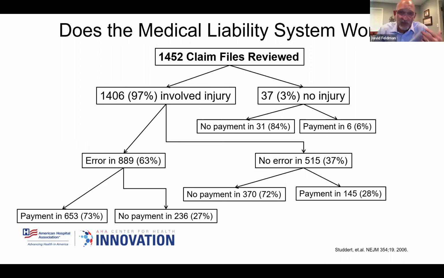So if I were to summarize it, I would say the system works reasonably well. It's not perfect. It gets it right about 3/4 of the time. It's very expensive, very expensive. The average cost of defending a claim, even when no payment is made, can be anywhere between $50,000 and $100,000. If there's a trial, you can double or triple that. Lots of money involved just in the defense. It has nothing to do with the payments that might be made